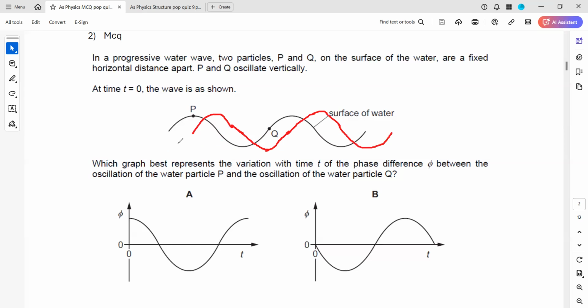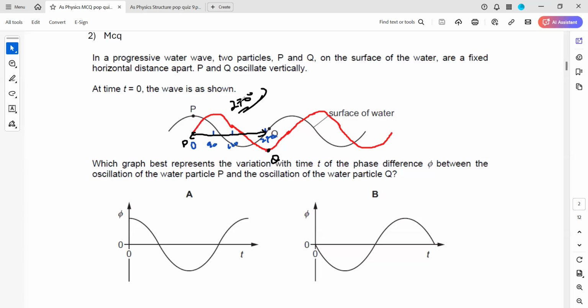Now, what is the position of point P? The position of point P is here, and this is the position of point Q. How much is the phase difference now if we compare? This is 0, this one is 90 degrees, 180, and Q will be 270. So again, when you take the phase difference between point P and point Q, you will get the same value,